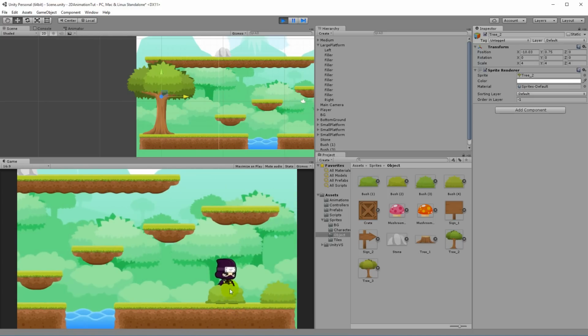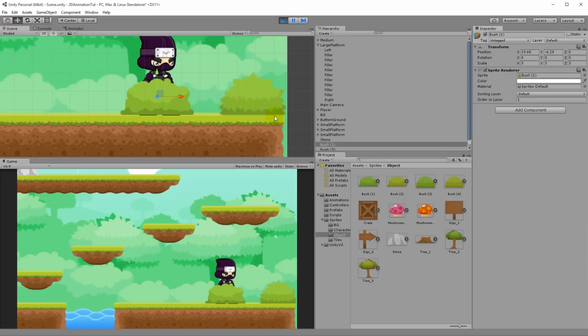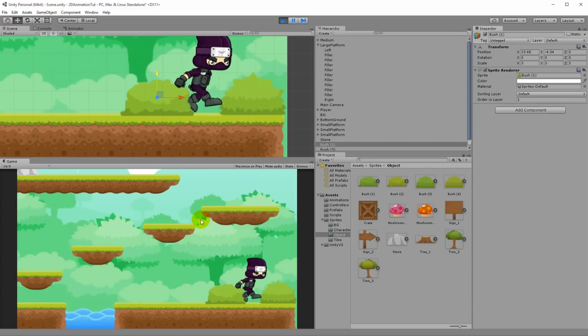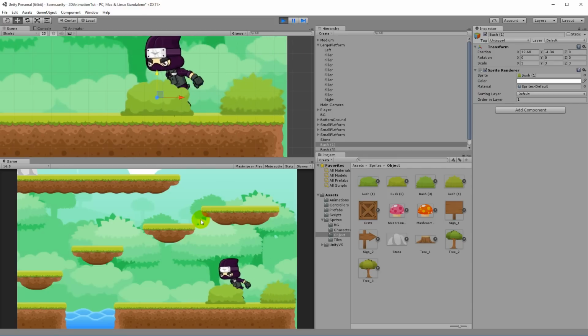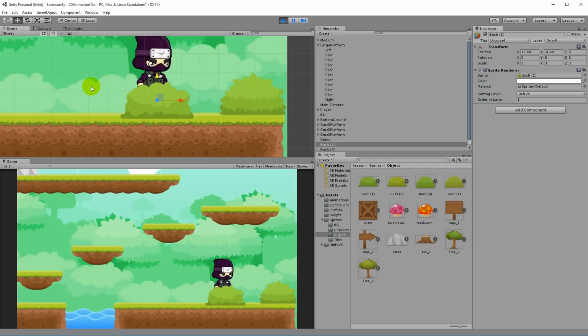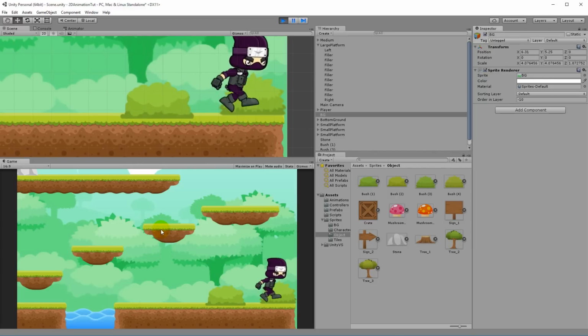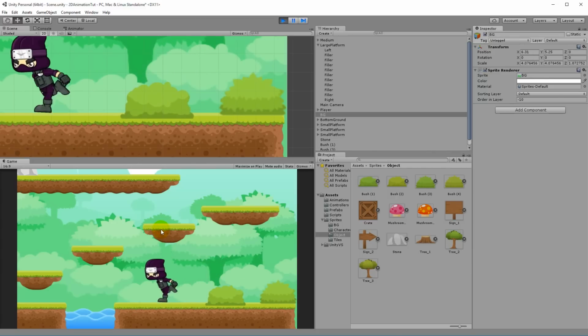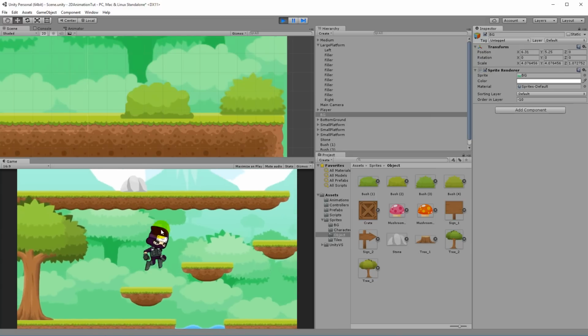So we'll have to move the bush a little downwards. We have to move it down here, for example, so the player is hidden behind it, and then the player walks in front of the other bush here. Still see his feet a little, so you can move a little further down, like this. Yeah. So that's how you can add some different props to the level.